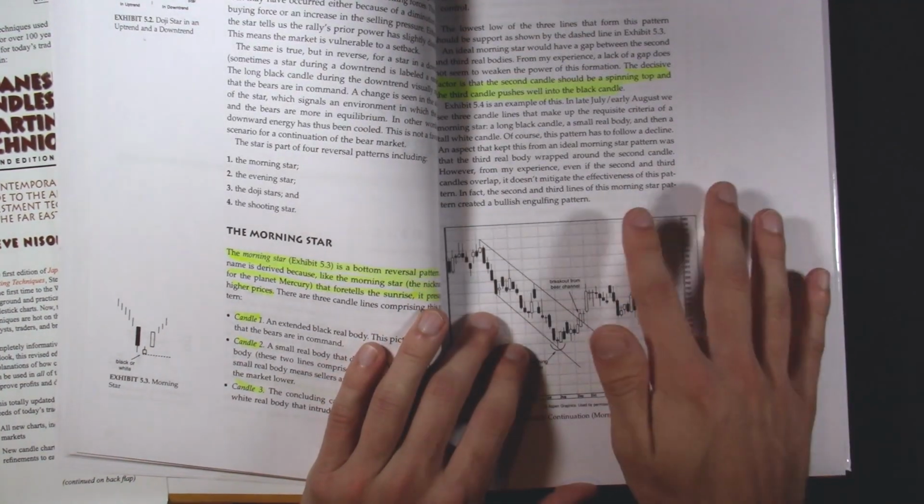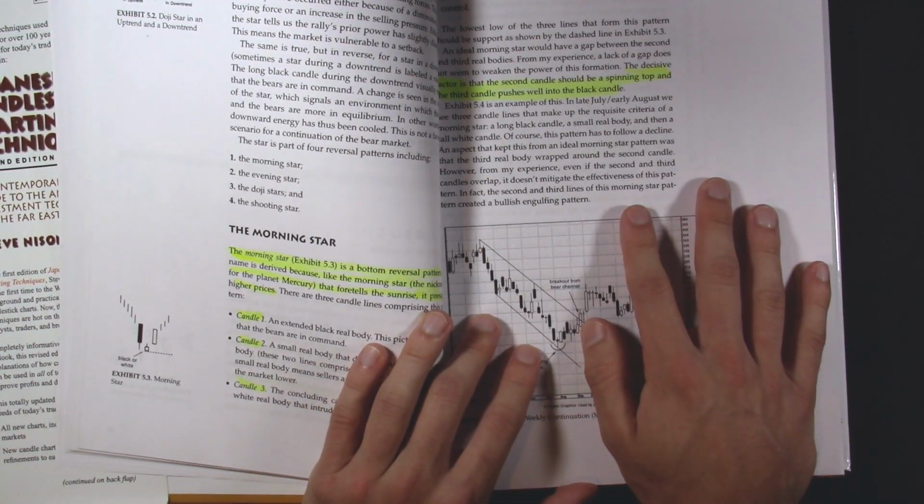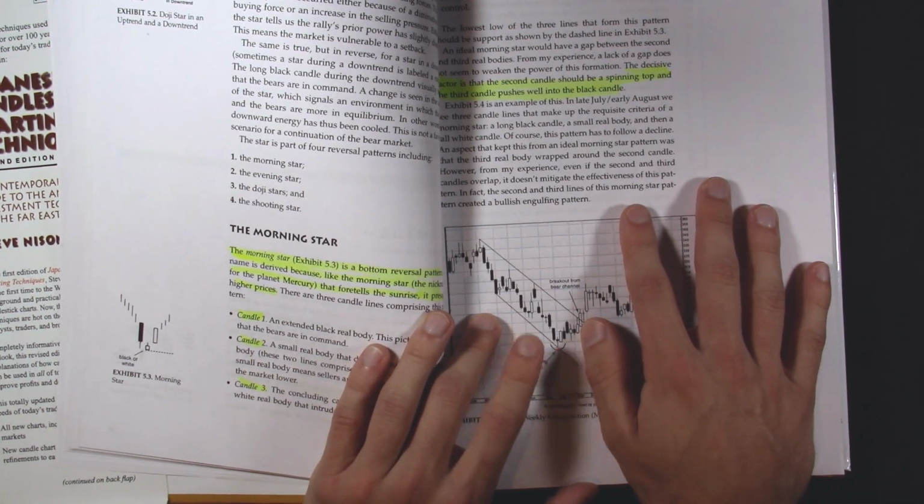Now that I'm looking at this book, I think I should go back and read it, because it's, for a technical trader,